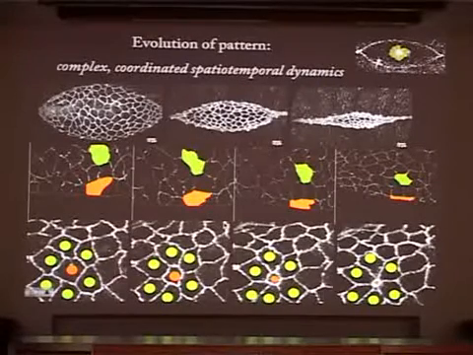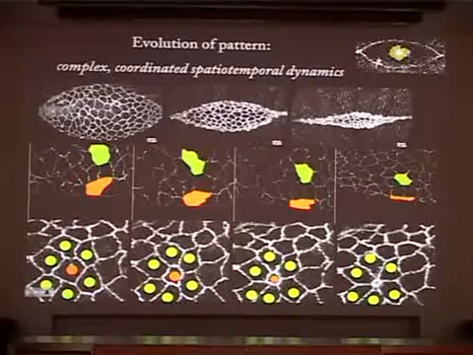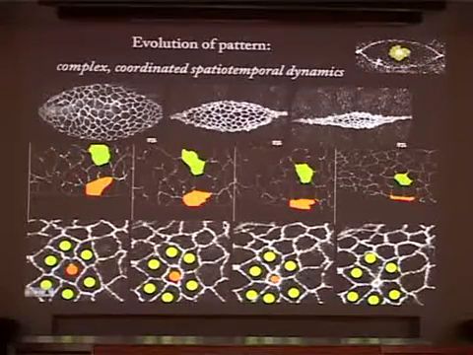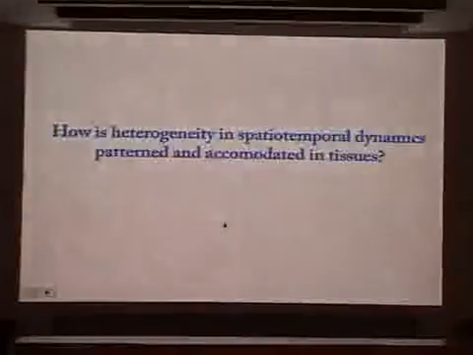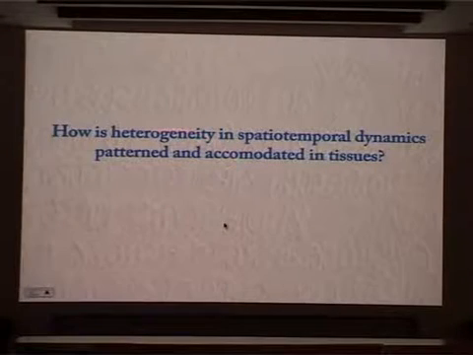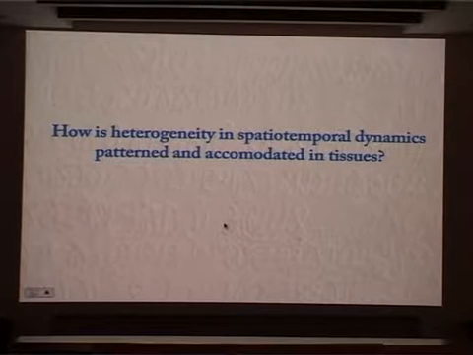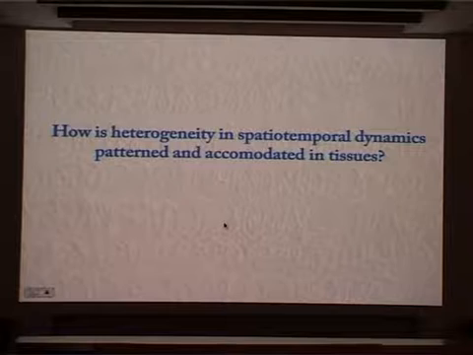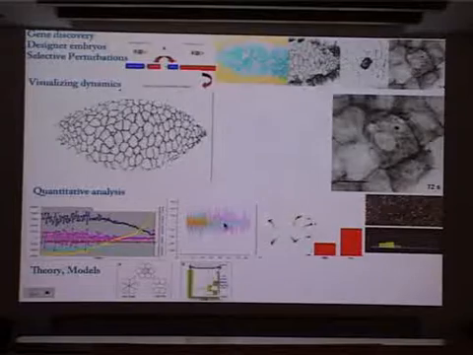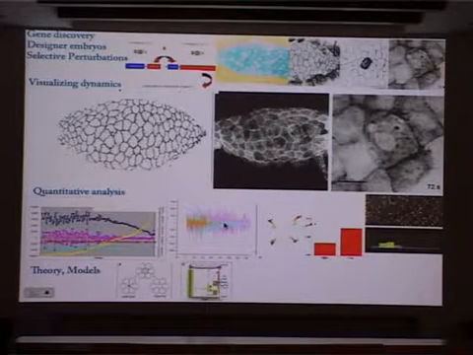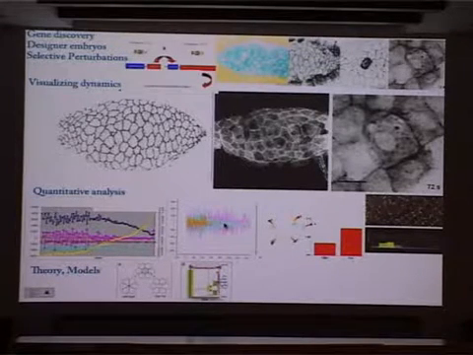So if one just looks closely into a tissue, one can see that the dynamics of cells that make up these aggregates is actually quite complex and heterogeneous. And so really, part of what we would like to ask is how is this heterogeneity in spatiotemporal dynamics patterned? And how is it actually accommodated in tissues to still allow something more global like that ellipse shrinkage to happen pretty much stereotypically? And so I'd like to say here that I'm a biologist and everybody in my lab does